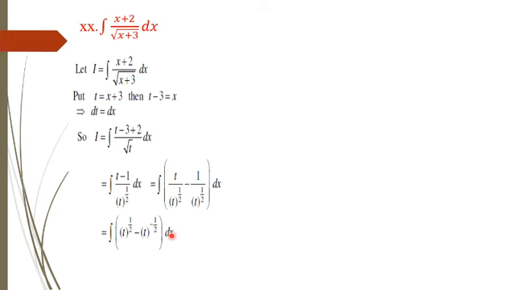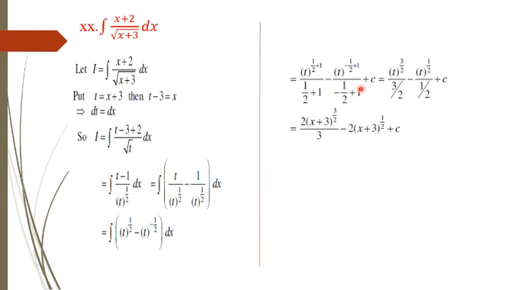Applying the integration, we know that if we have t raised to power 1 by 2 dt, the derivative of t with respect to t is 1. So simply applying the power rule on this expression as well as this expression, we will get the final result, that is t raised to power 3 by 2 over 3 by 2 minus t raised to power 1 by 2 over 1 by 2 plus c. Power plus 1 divided by power plus 1, minus power plus 1 over power plus 1. And 3 by 2 in the denominator can be written as 2 by 3.